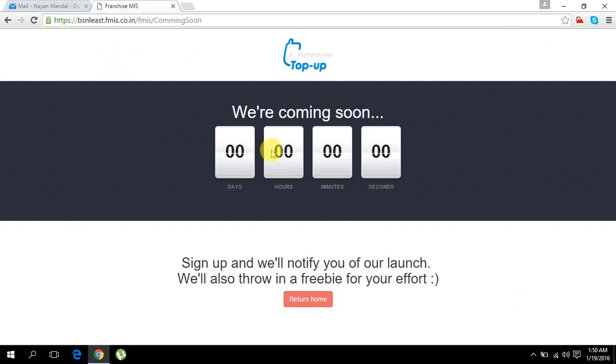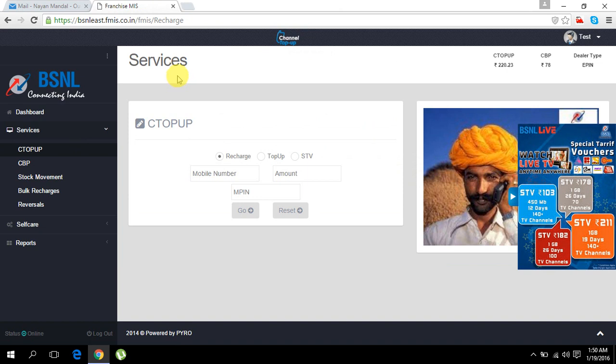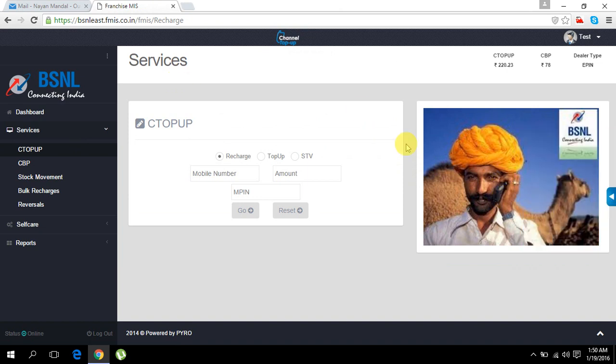It is bulk recharging. Bulk recharging itself is saying coming soon. So the BSNL team has not introduced it till now. I have discussed this with them on the feedback, and they will give us this option once they introduce it after the feedback that we franchisees give. With this bulk recharge we can carry out multiple recharges in one go. Once it comes, I will definitely put out this tutorial once more. I will update this tutorial for all of you, and we can enjoy this particular thing.